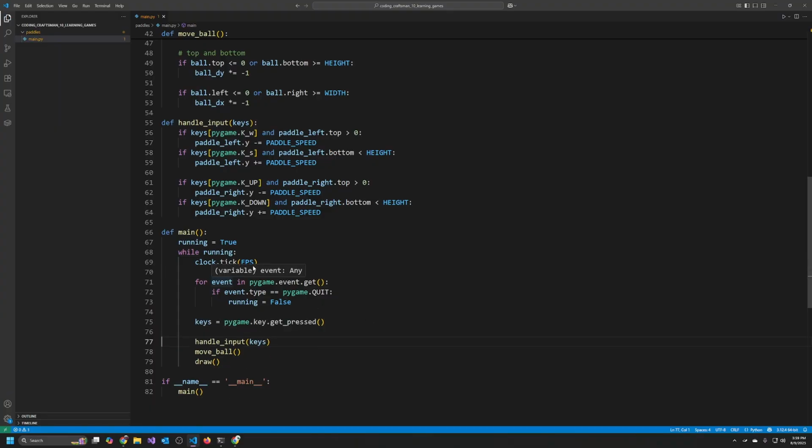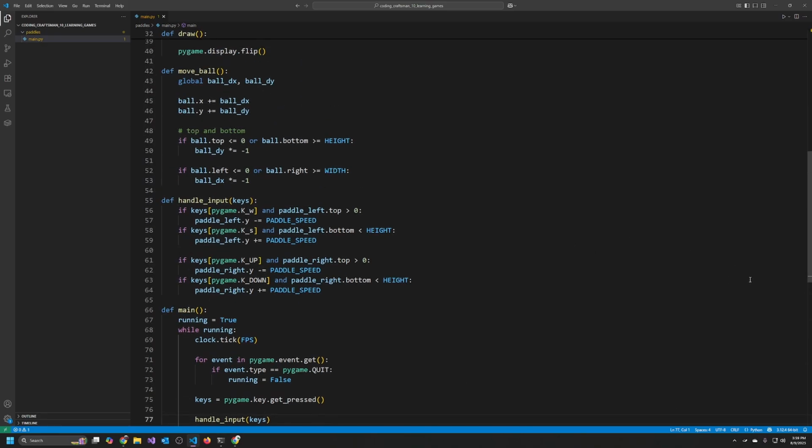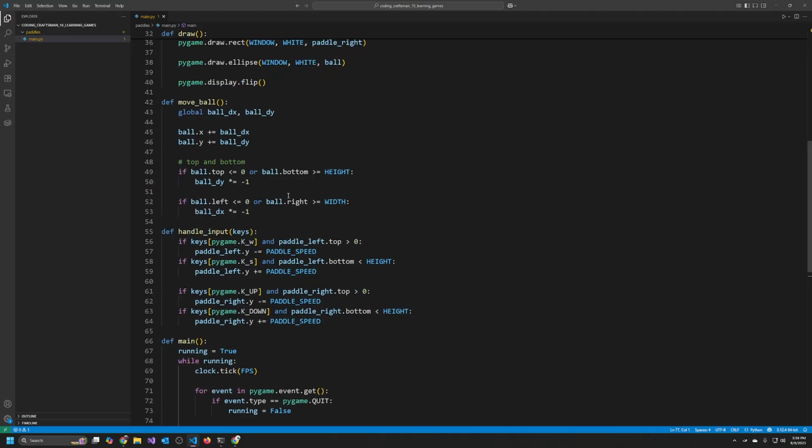Okay, so now I need to make a small change, it should be a small change, to this move ball logic to account for hitting the paddle versus hitting the goal area, the out of bounds is what we'll call it. So first, let's change this logic. So if the ball to the left is less than or equal to 0, and I'm going to